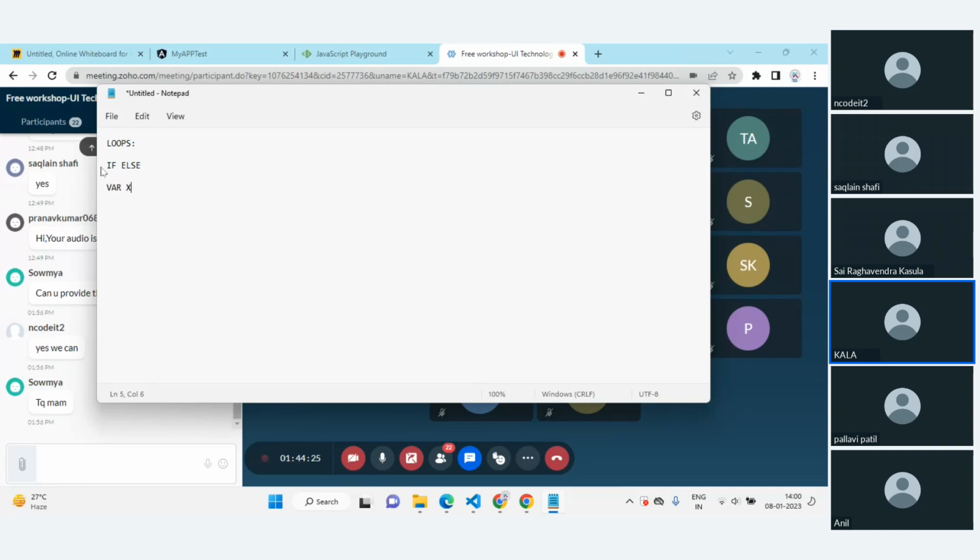If, for example, variable x is equal to 5 and you are using the if else statement, you need to write the code like x is equal to 5. First you need to start with 1, because the total number of elements is 10. In all these 10, you need to filter out the 5. Every time you need to compare x is equal to 1, again x is equal to 2. You need to check all these cases, but simply by using the for loop,